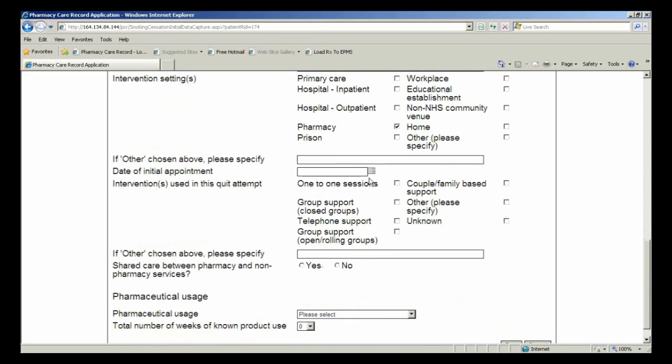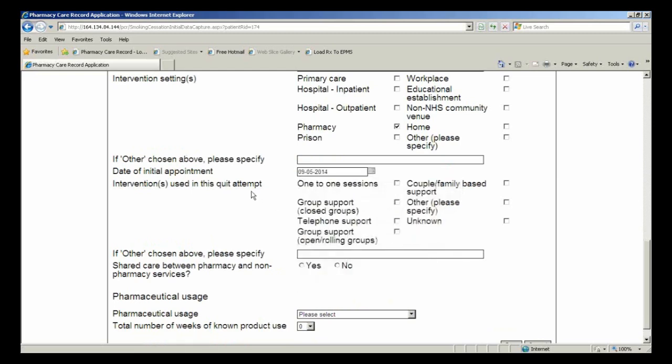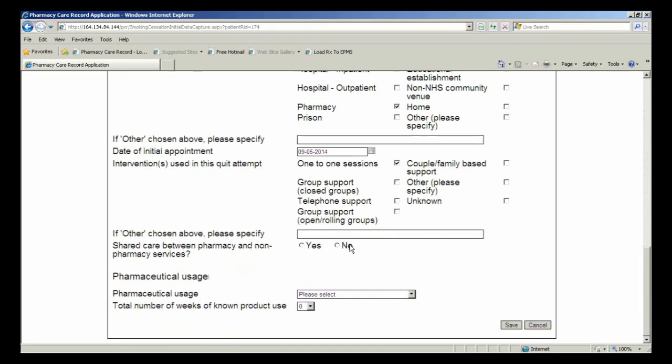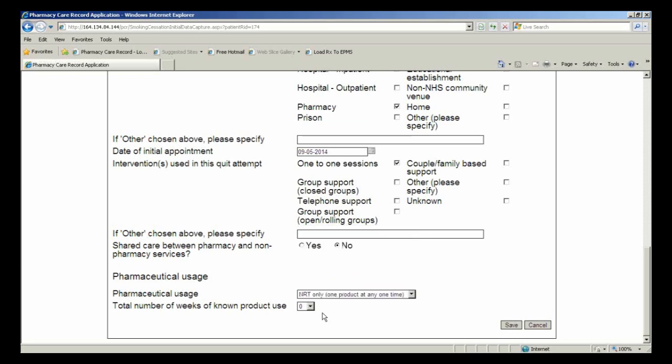And date of initial appointment. So if we put that in for the same day, and it's a one-to-one session. So is it shared between pharmacy and non-pharmacy services? In this case, no. And pharmaceutical usage, we'll just go for the patches. You see, you've got the list of products here that you can choose from. And although you can select the product in the PCR, you still have to write a prescription on the CPUS form for any NRT you supply. So we will go for NRT only, and no products, so use that this time. So if we save that,